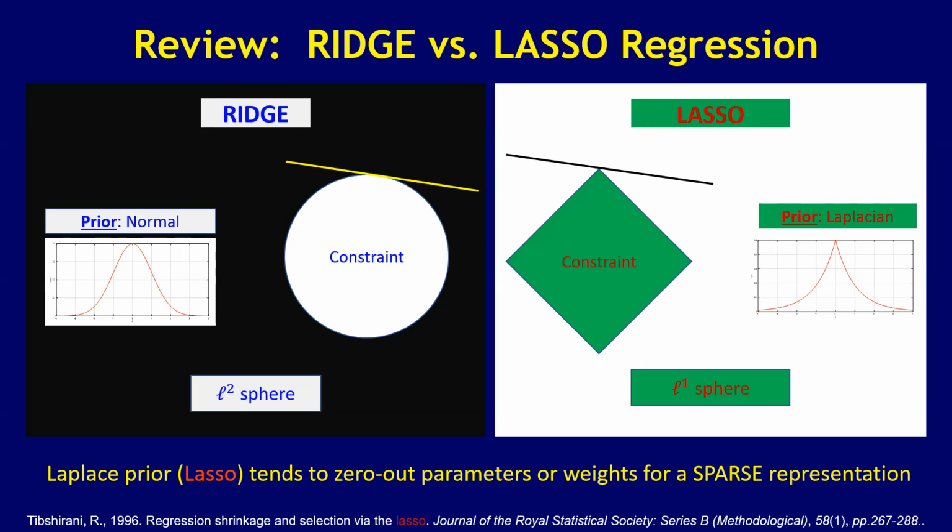In ridge regression, again, it's an L2 optimization or penalty term being added in terms of the prior. And as a consequence, the constraint sphere is spherical. The yellow hyperplane touches it, and most, if not all, of the coefficients in the estimation are non-zero. In contrast to the L1 sphere that arises in the lasso or Laplacian case, here the L1 sphere is a diamond, a hard diamond, and as a consequence, most of the coefficients are zero, so you get a sparse or